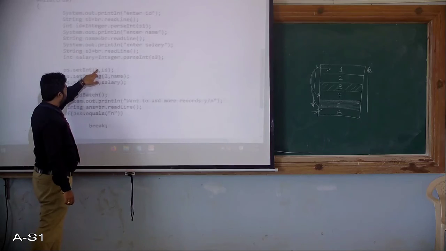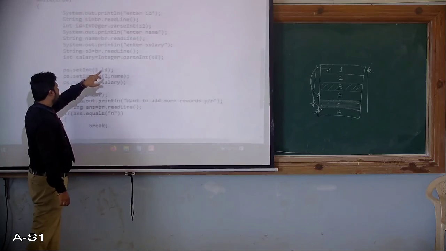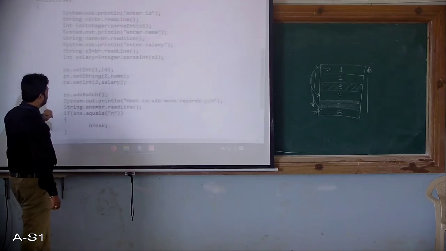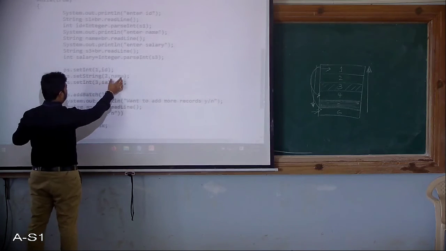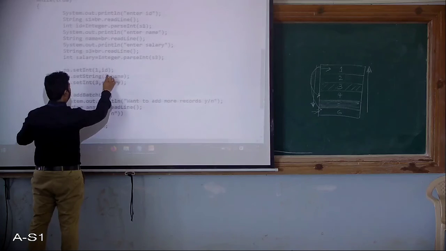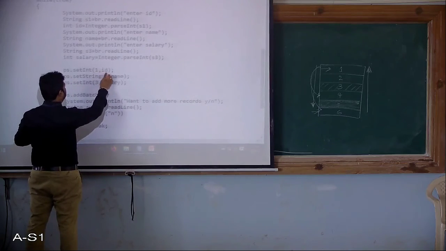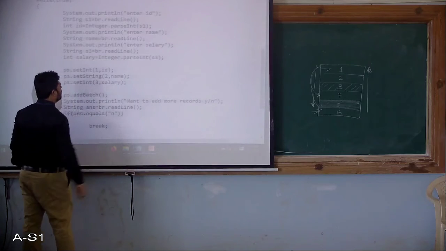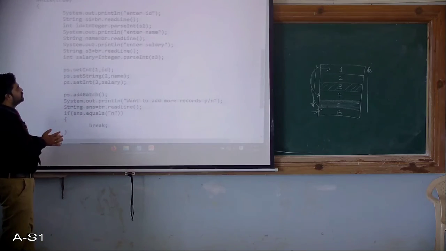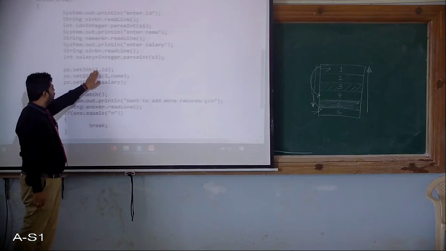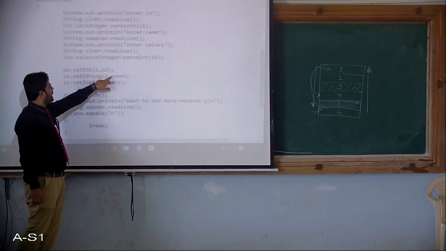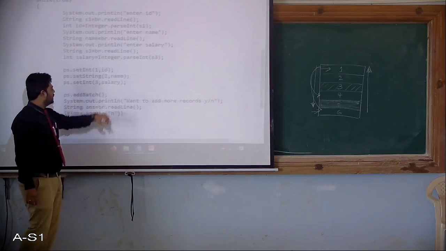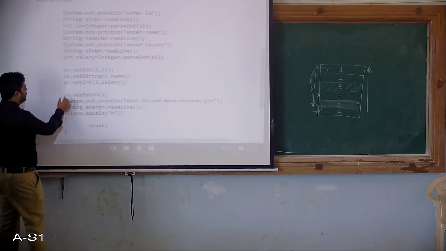The first is the positional value, that is the first placeholder, which is going to take the ID. Then setString, the second one, because I am going to pass the name, and the second placeholder will be for name. First placeholder is for ID with setInt, and the third placeholder is for the salary. That is how I dedicate the placeholders for the different arguments I am going to pass at runtime. First is dedicated to the ID, second to the name, third to the salary. Then ps.addBatch.